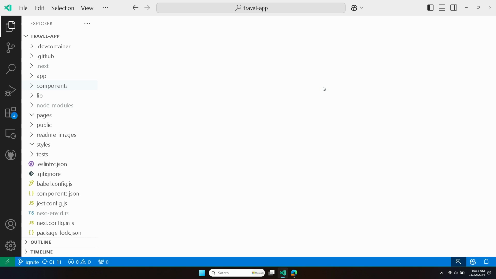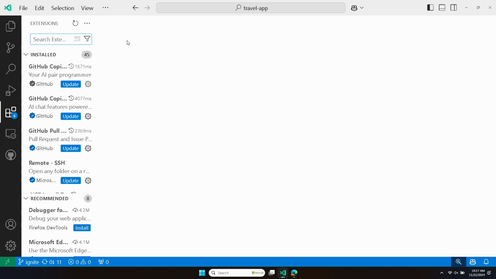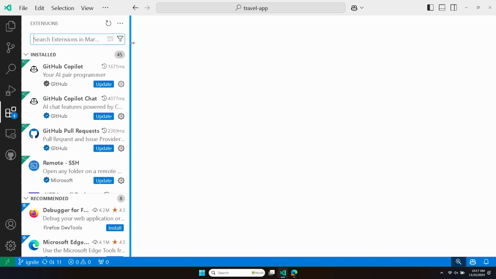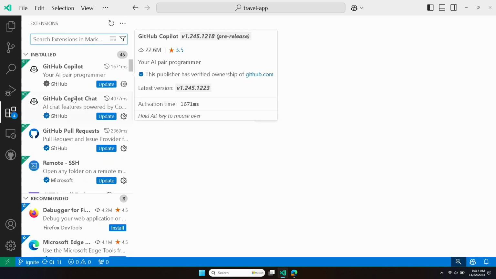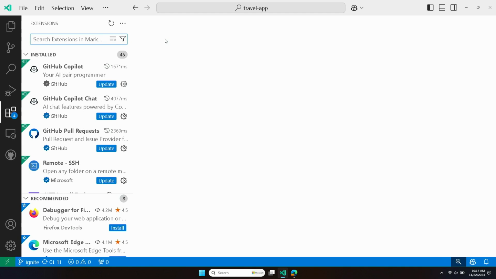I like using VS Code Insiders because I love, especially when I'm using Copilot, to make sure I'm getting all of the latest things with AI and all of the features that the team's working on, because things develop super fast. I also want to make sure that I have the Copilot extension installed. Cool. If I expand this a little bit, I'm going to see that I have both Copilot and Copilot Chat. If I install one, I get the other, so you don't need to worry about which one to select and install.